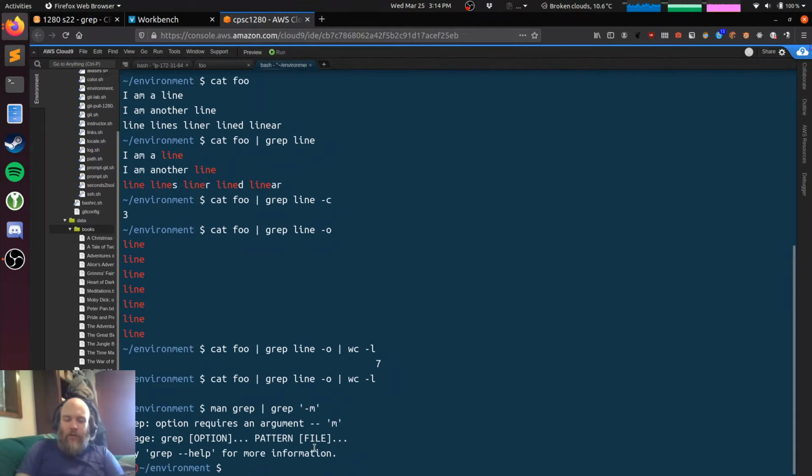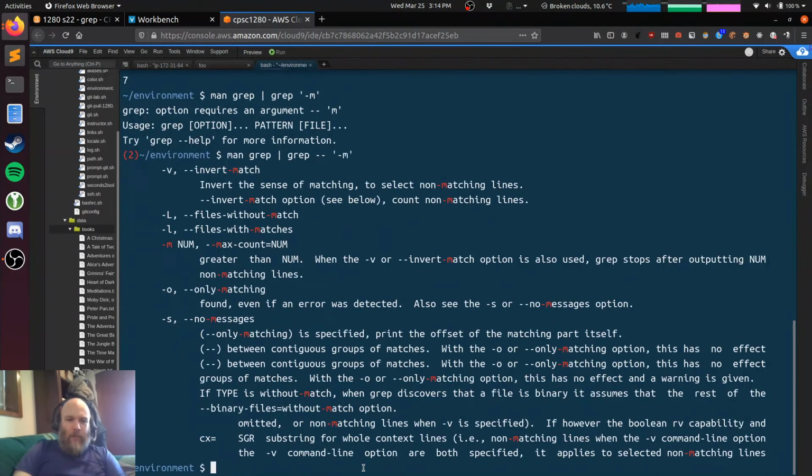Okay. So we have that general problem with arguments if we're trying to pass a positional argument that starts with a hyphen. So there are 2 ways we can solve it. We can do the GNU way that works most of the time, where we give it 2 hyphens in a row, and all of the GNU tools recognize that to mean the thing that follows is not an option. It's actually a positional argument. So when grep sees that, it will know that I mean that's the pattern. Okay, so there's all the lines that contain -m. The other way we could have solved this, though,